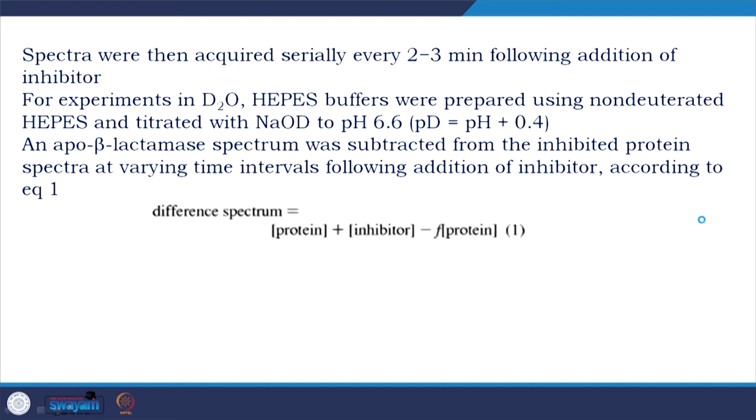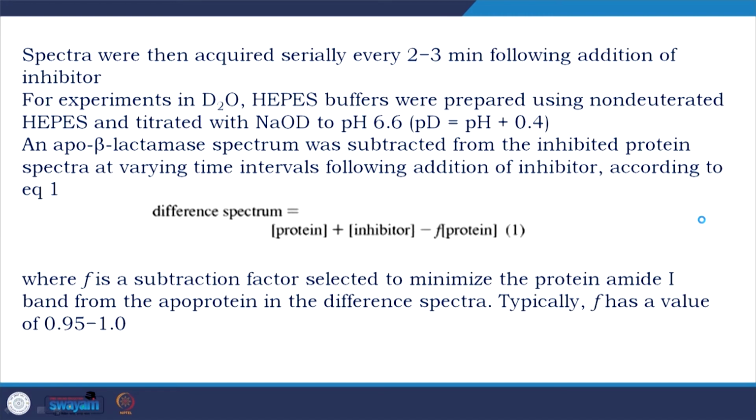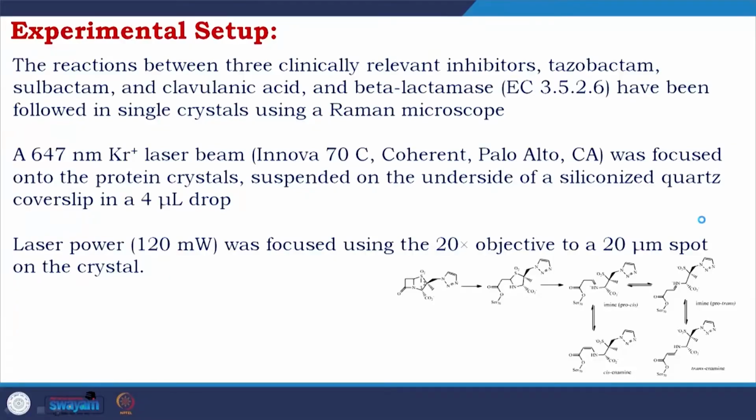According to this equation, the difference spectrum equals protein plus inhibitor minus F times protein, where F is a subtraction factor selected to minimize the protein amide I band from the apoprotein in the difference spectra, because you are expecting to study the beta lactams, which, if you look at the structure, also have a